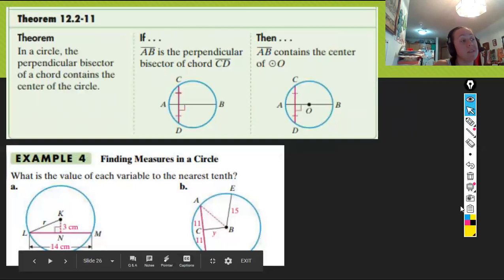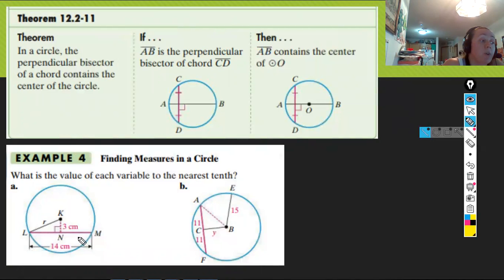Okay, and this one's kind of saying if you have a perpendicular bisector, then it means it's a diameter. So in this one, what is the value of each variable? This one we're going to look for triangles. That's it. So in part A,